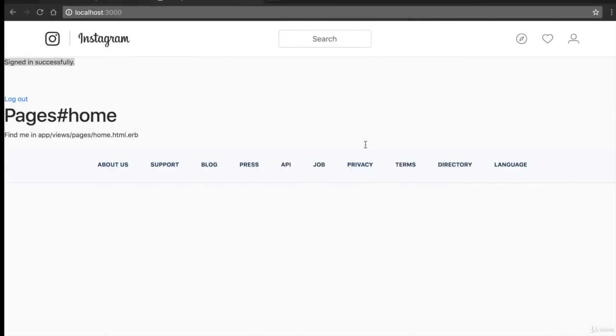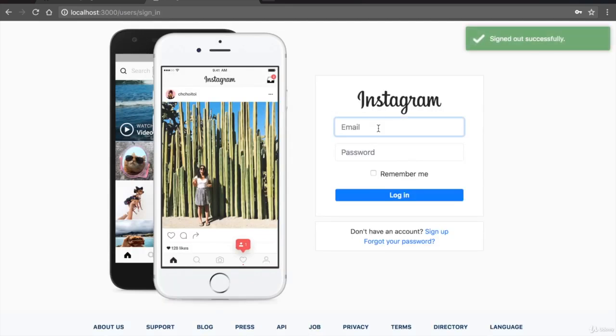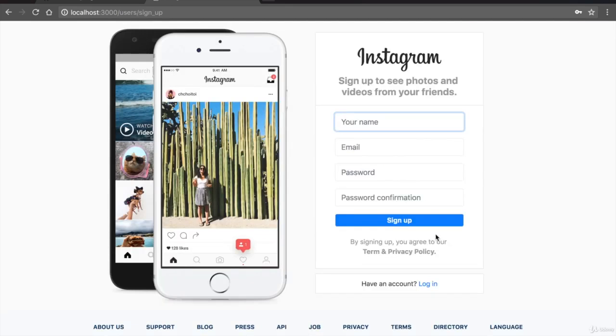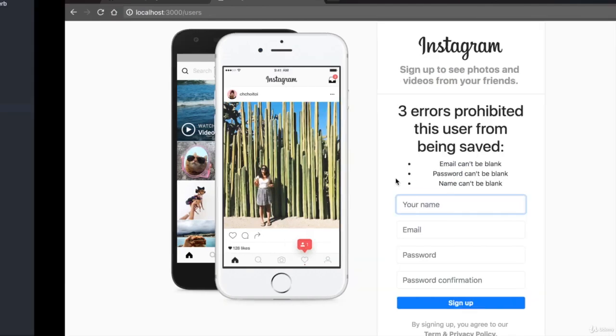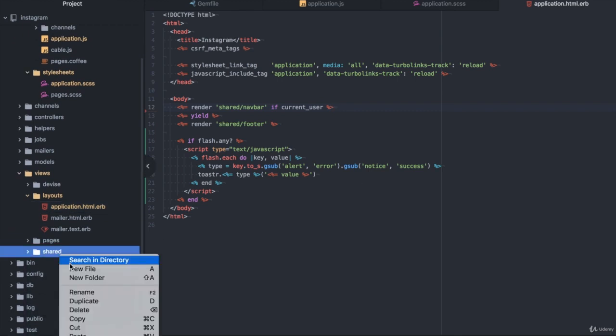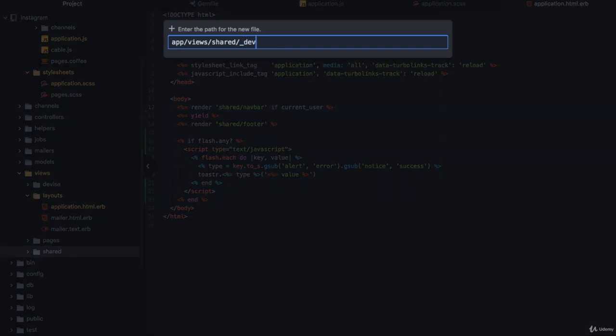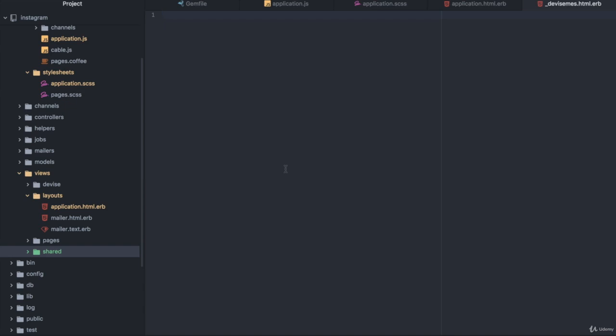And by the way, there is one more place we could add a flash in. That is in the sign up form. Actually, you could change this to a notification. So in order to do that, let's create a new file in shared. And I'll call it devise_message.html.erb. So inside here, I write